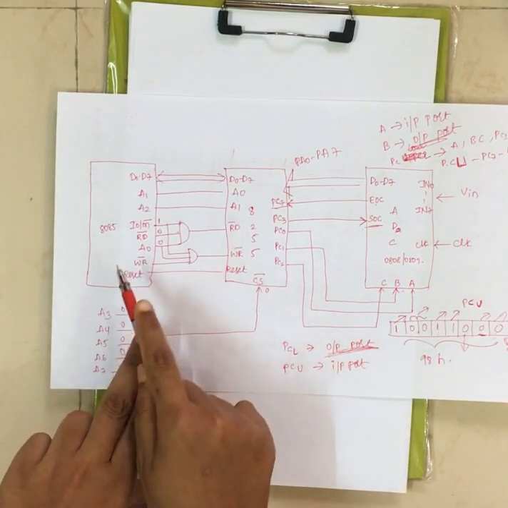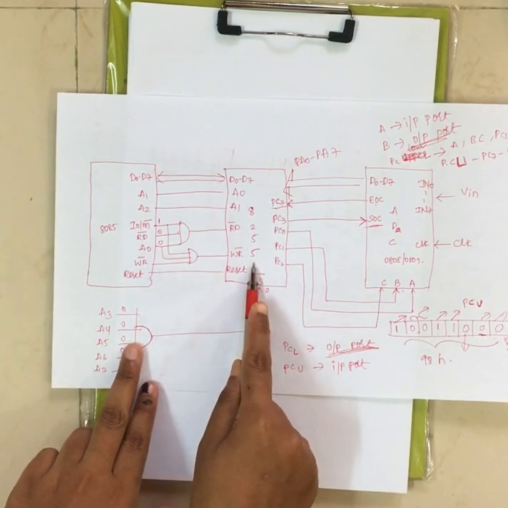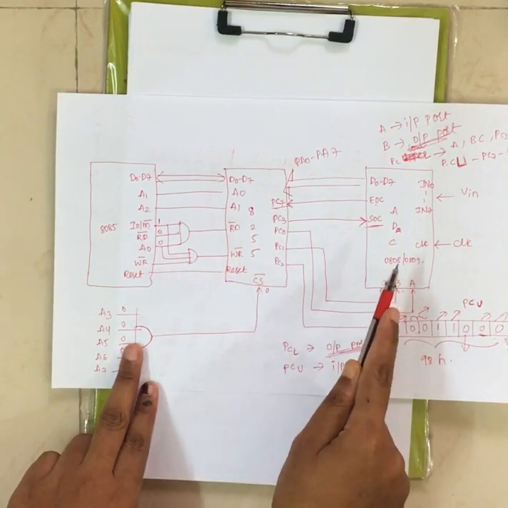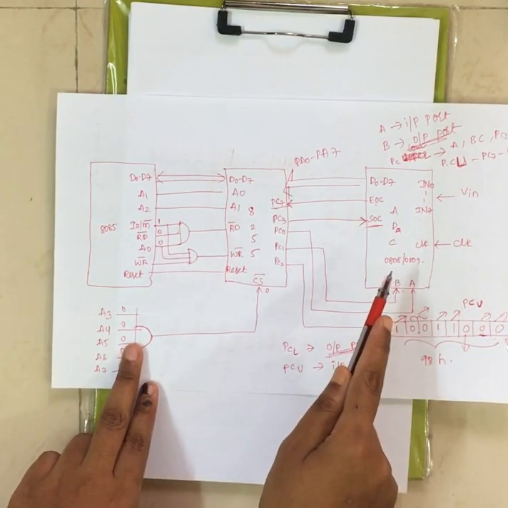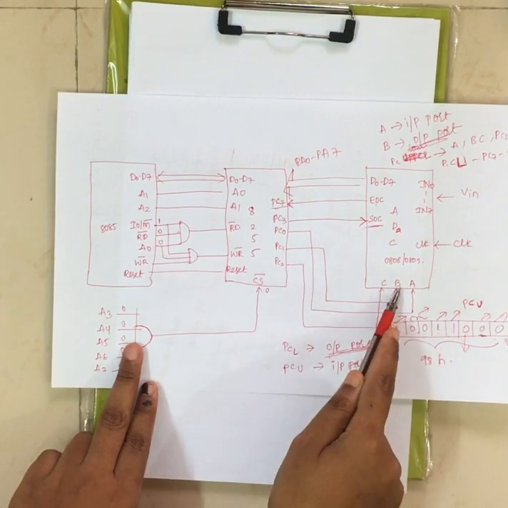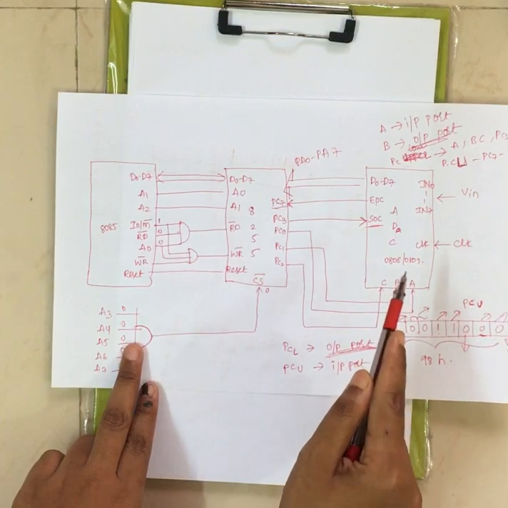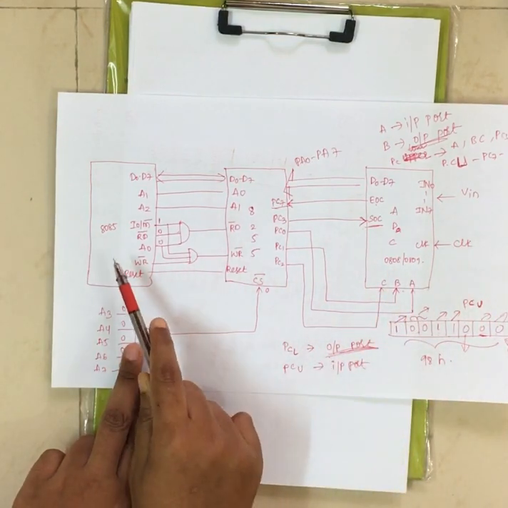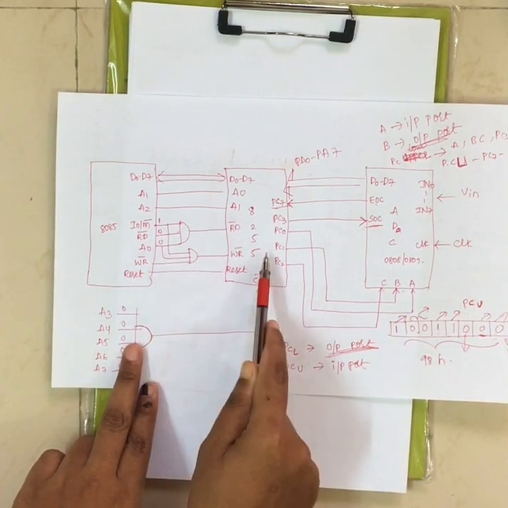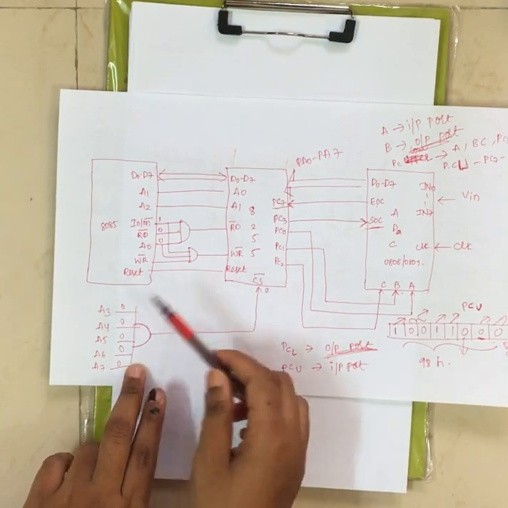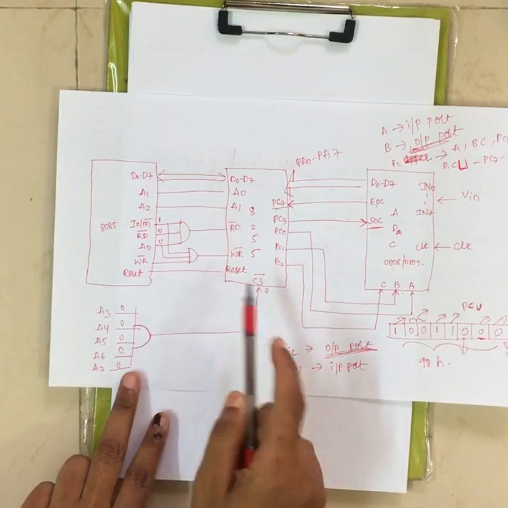Now first, initially the 8085 should be interfaced with your 8255 under I/O mapped I/O, because we are treating the I/O device as an I/O device only, because we are not treating this particular I/O device as a memory location. Since we are treating the I/O device as an I/O device, that's why we have to interface the 8085 with the 8255 under I/O mapped I/O, right? You know this interfacing.